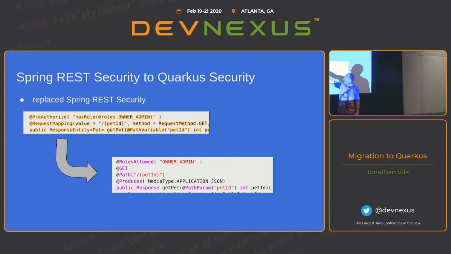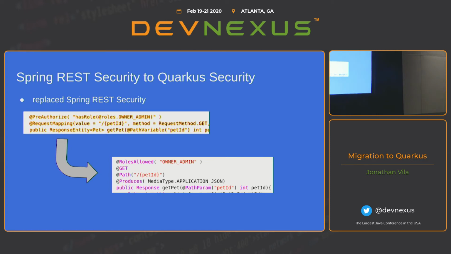in the Spring case, we have pre-authorize, if we are checking for the role. With Quarkus, we are using roles allowed, so it's kind of similar, but with Spring, we have like a language expression. You can see hasRole, blah, blah, blah. And with Quarkus, we have directly the roles that are allowed to enter into the method.